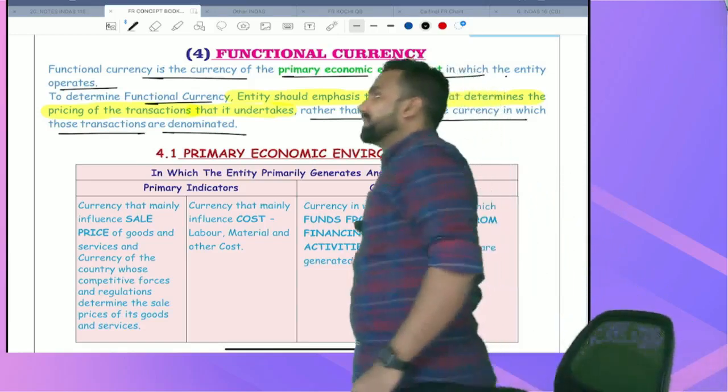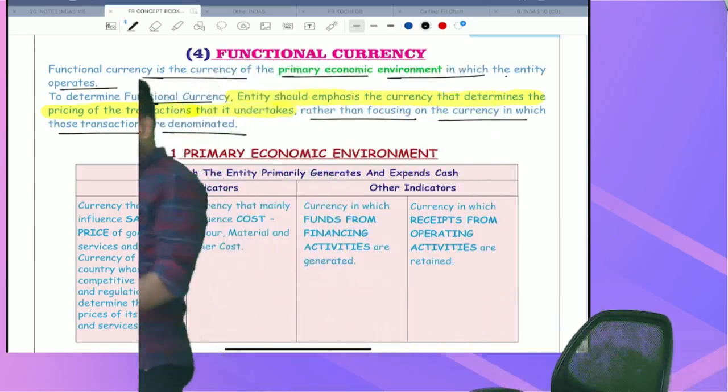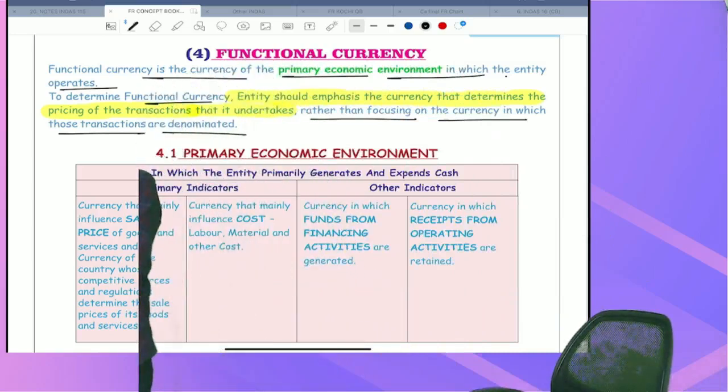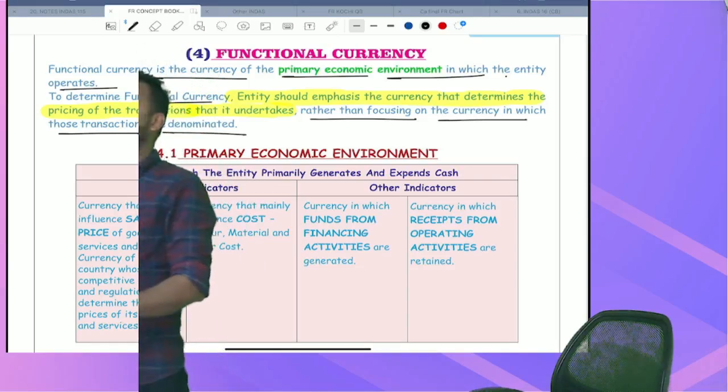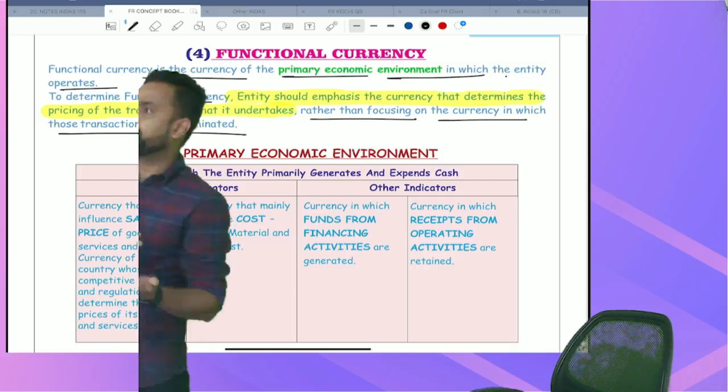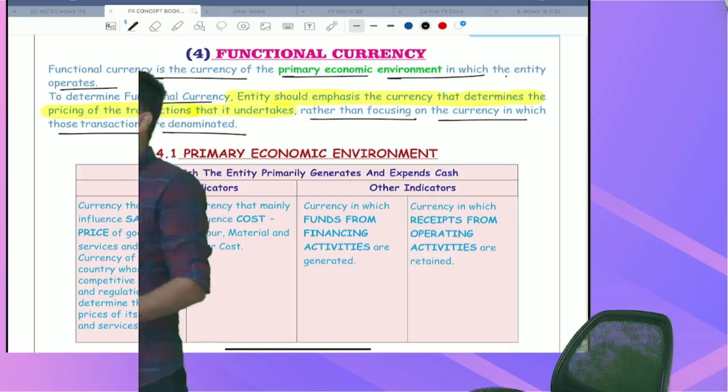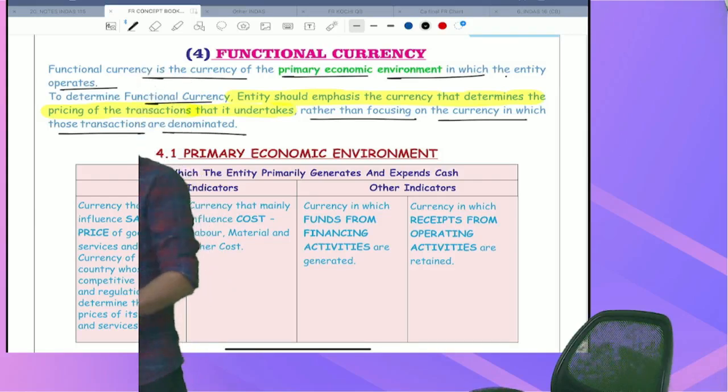Take one more example. BMW, Mercedes. Are they Indian companies? These are German-based companies. Now, they don't even manufacture a single part in India. Generally, some of the companies manufacture, but most of the brands don't manufacture. They basically import and assemble only. And this is the reason why these cars are so expensive.